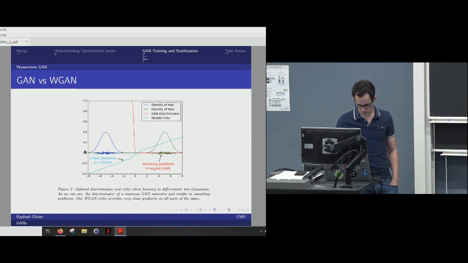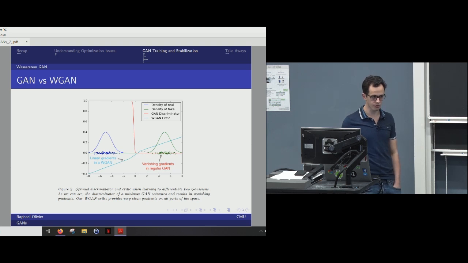Just going to give some illustration. So if you've got your two distributions, so here you've got the real at a certain time step and the fake at a certain time step, and again, what a GAN discriminator would say is all over there you've got 0 gradients, over there you've got 0 gradients, and just in the middle where you're not, you have useful feedback. So you'd have a lot of trouble going from here to here using the gradients that you get from this. But with the WGAN